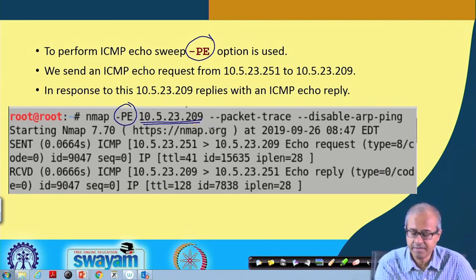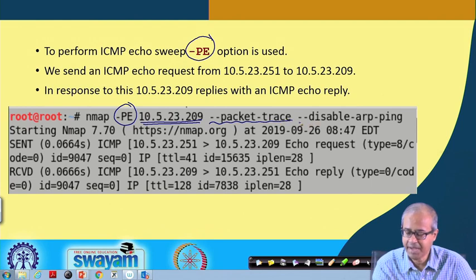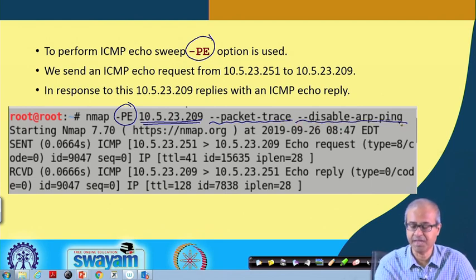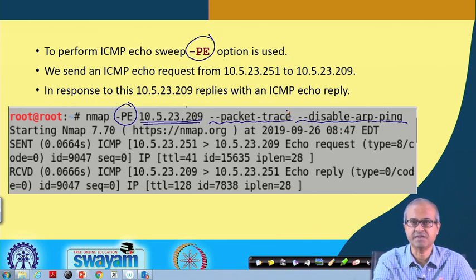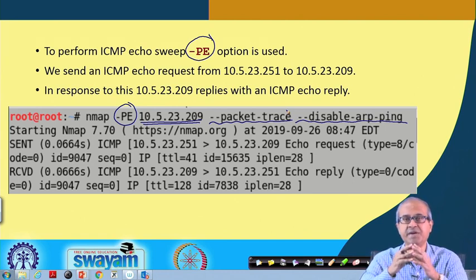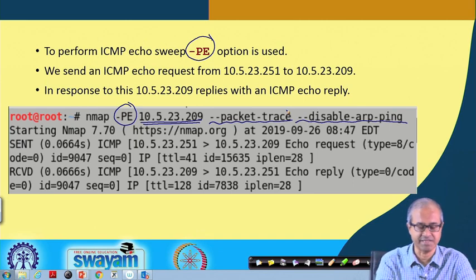And we specify some options, packet trace and disable ARP ping. Packet trace means we want to get some details about the packets going and coming, so the details are printed. Disable ARP ping is also one of the methods for discovering a host, and of course, ARP ping you can use only inside a LAN, across LANs you cannot use it. So, we usually disable ARP ping by giving a command like this.